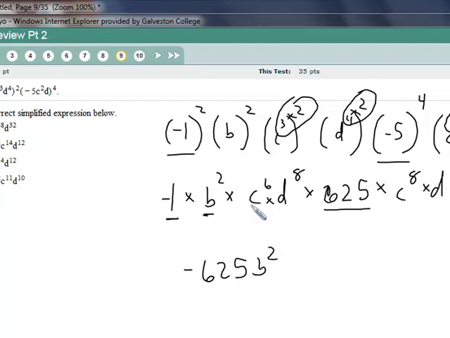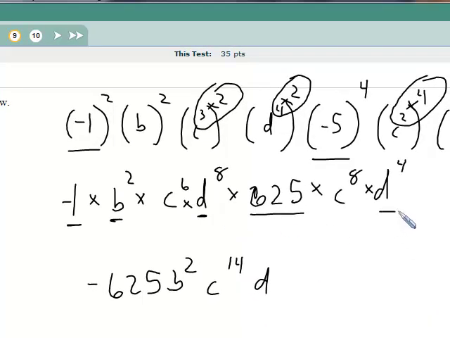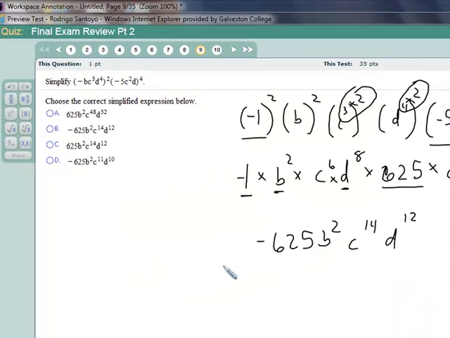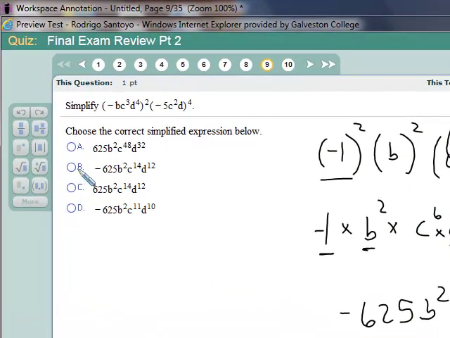Remember, we're multiplying, so we do c to the 6th times c to the 8th. We're just summing those exponents, right? So 6 plus 8, we get 14. Then once again, our d. We have two d's. We just add those exponents, and we get d to the 12th. So our solution here looks like it is going to be